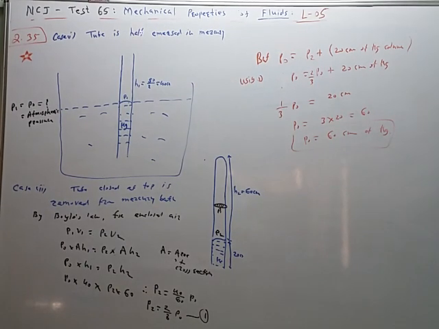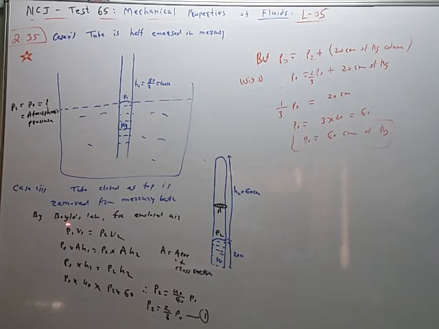Initially, a total tube of 80 centimeter height is half immersed. So 40 centimeter column is mercury and 40 centimeter column is of air, like this. So this is the height H1. A is the area of cross section. Now the tube is closed. Height is 40 centimeter. The tube is removed from the mercury bath, and now some mercury will go down, and the remaining mercury column of 20 centimeter will balance the air column of 60 centimeter height. Therefore, this is the air enclosed having height 40 centimeter, and air enclosed having a height of 60 centimeter.